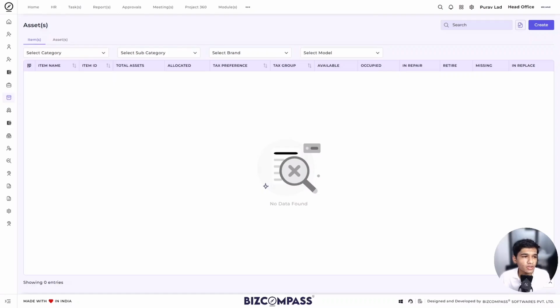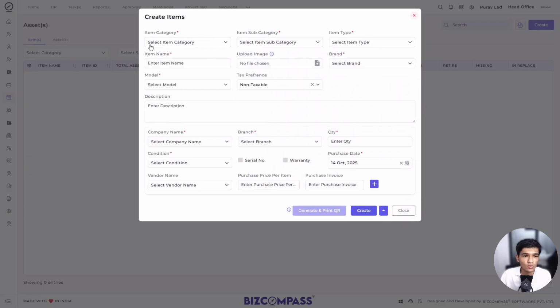This is the main page of the items and the assets. So this is where we can create the items and the asset. Let's start by creating it. Now here we need to fill the details for the item, and here we need to fill the details for